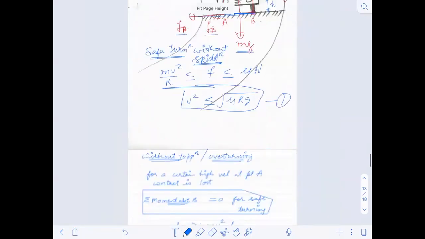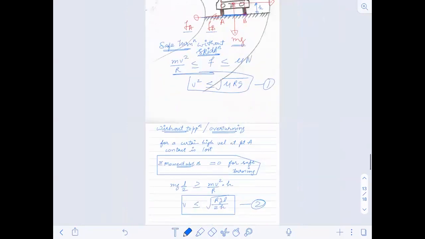Now, here comes the question in advance, how they will ask you. They will give you both the options, and they will ask you which velocity is the safe one. Some people will mark this velocity, some people will mark option A, this equation 1, and some people will mark option 2. Actually, whichever will be minimum, understand this, whichever will be minimum, that will be the safer one.